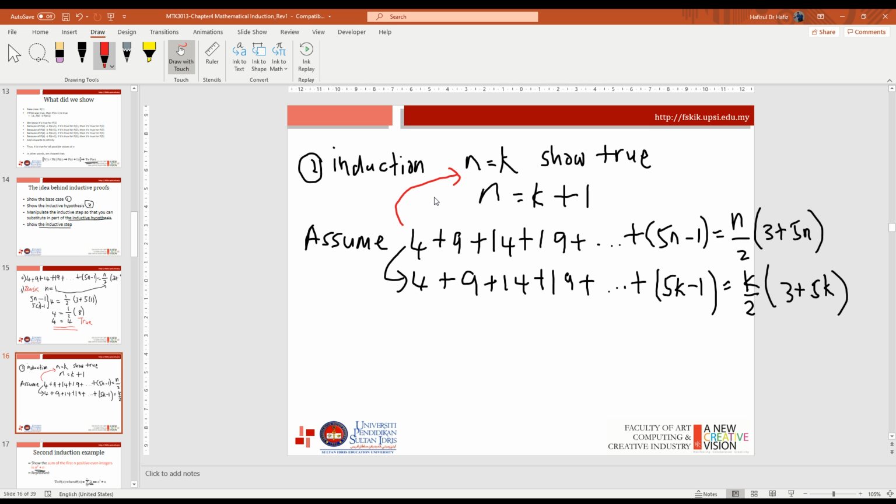Can you follow? Okay, now we want to show. Okay, and then we recall back the inductive hypothesis to substitute, so you can manipulate the inductive step. Okay, the next one is to show, sorry,